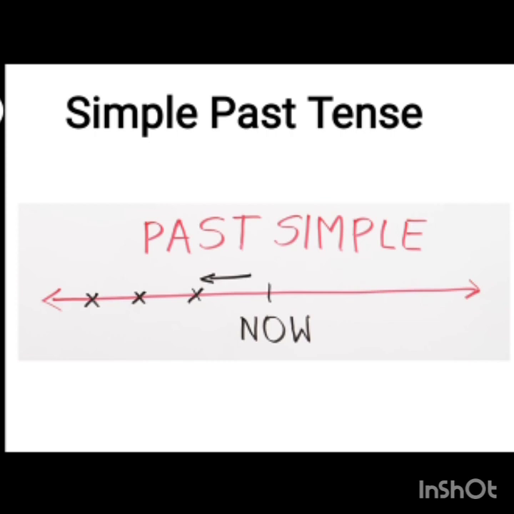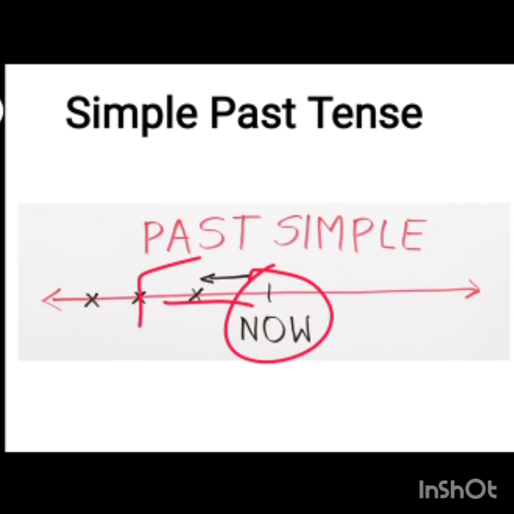For example, we can use the tense to tell someone what we did yesterday, or we can also use the tense to tell somebody what happened in the world 5,000 years ago. Whatever you are trying to describe that happened before now, we can use the simple past tense.